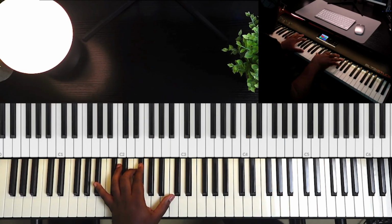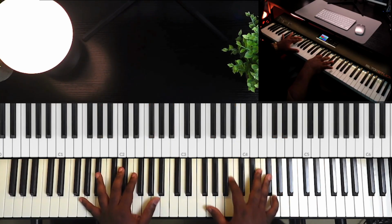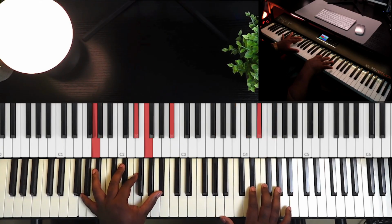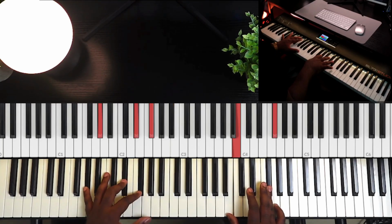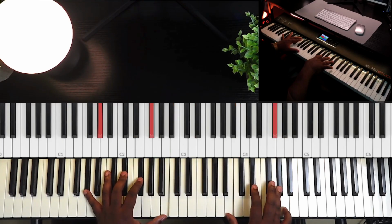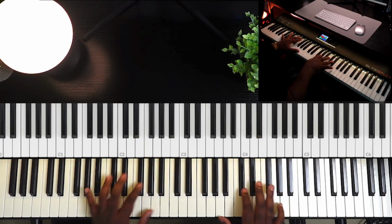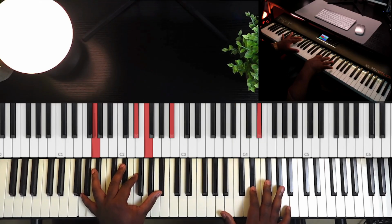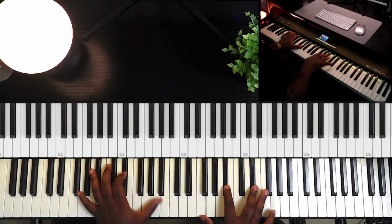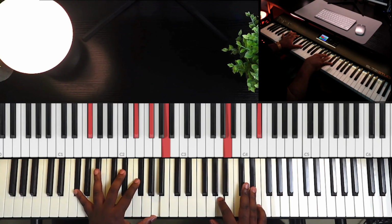Right? And so you can play that, if you can stretch, play that, or this. Or this, or this. You choose. So now we're going to C sharp. So this move right here. Then